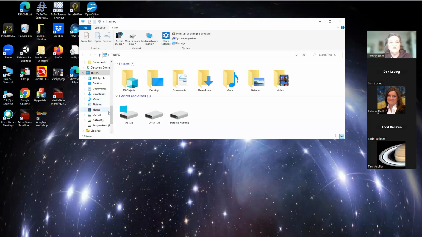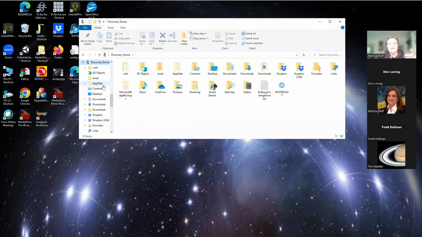okay, and it's in your user. So my username on this computer is called Discovery Dome because I use this computer in my planetarium. And there is a folder in your user which is called app data. Okay, and you'll notice it's kind of grayed out. Okay, so what it means is,